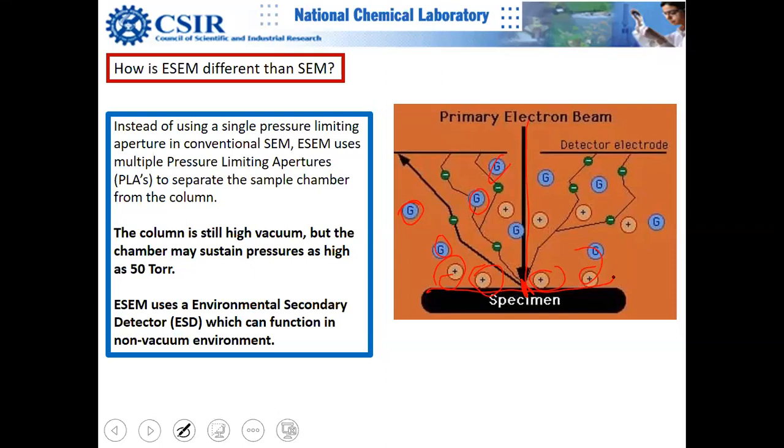The second thing that will happen is that one electron will multiply. Suppose one electron is ejected from your sample which you want to detect. This electron will generate several more electrons. So there is a built-in amplification of the signal also. There are two things which you are doing easily, but you compromise on the resolution. That's the only compromise, I don't see any other. So you have killed two birds with one stone.